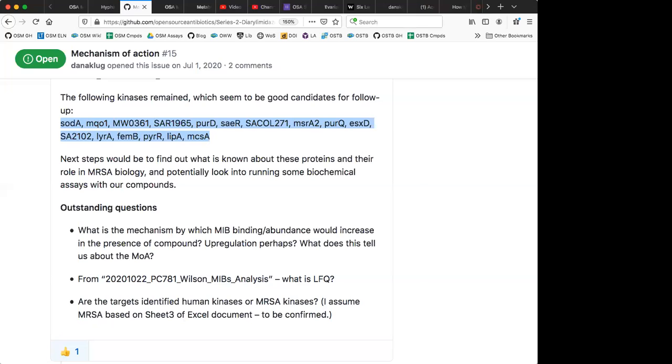Yeah, this was something I'm a little bit familiar with because I know someone who used to do this. Not this, but just engineer bacteria in general. But yeah, they use these three lowercase letters followed by a capital A to denote a bacterial gene. Sure. So these are likely bacterial genes.